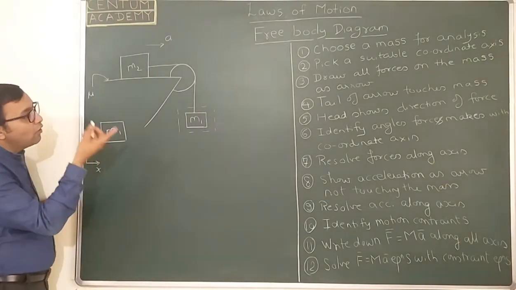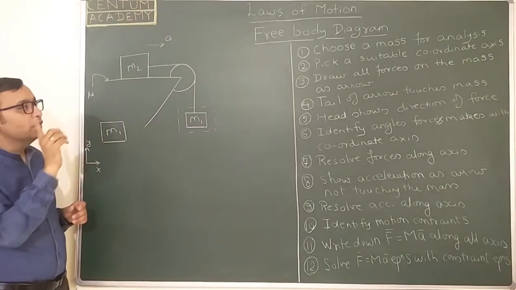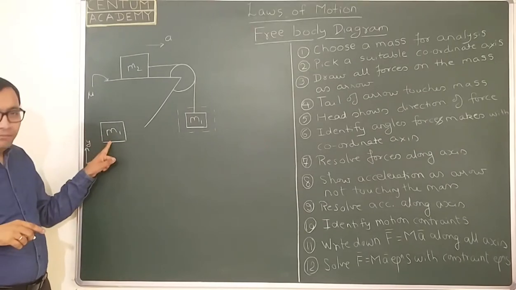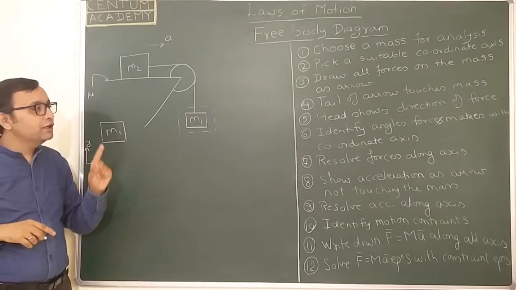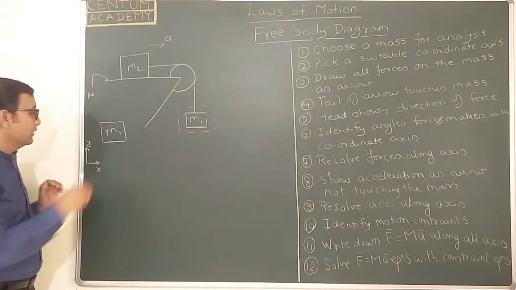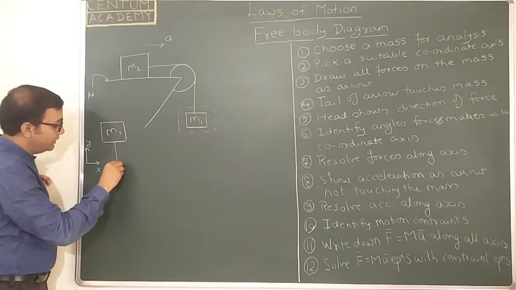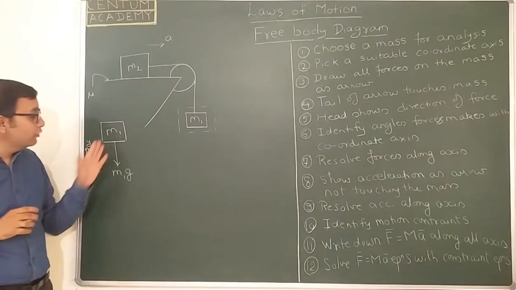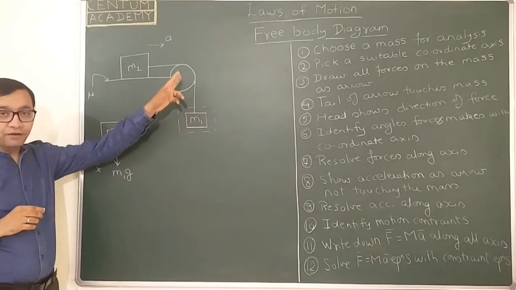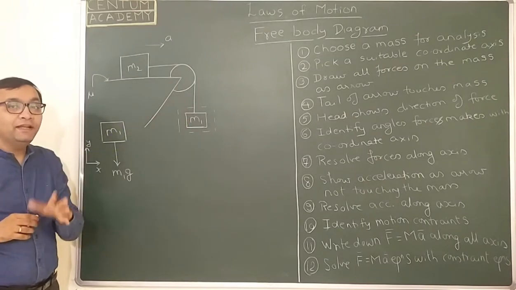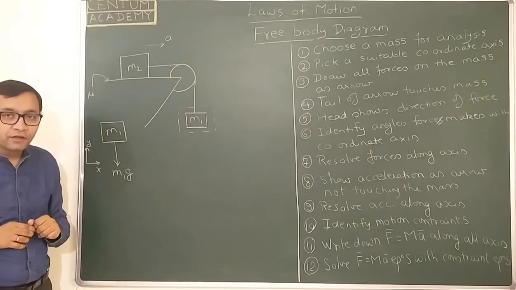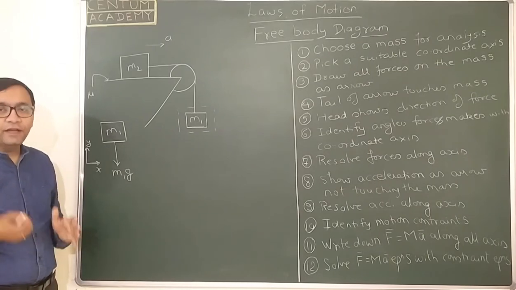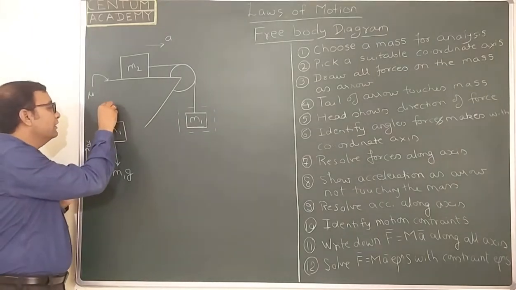Alright. Now I have to draw all the forces on a mass as arrows so that the tail touches the mass and the head shows the direction of the force. So one is m1g, right? That is the gravitational force. Any other force on m1? There is a string, right? And the string will apply a tension force on m1. And we have learned that tension always pulls. Okay, it can never push. So the string will pull it up